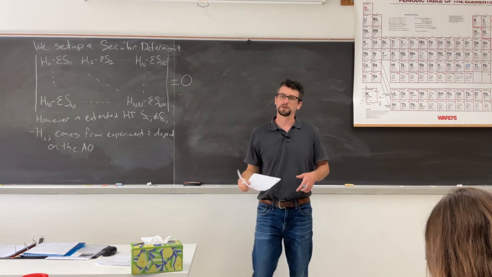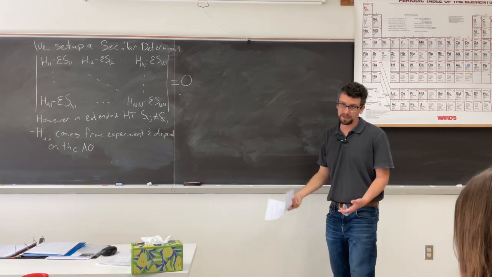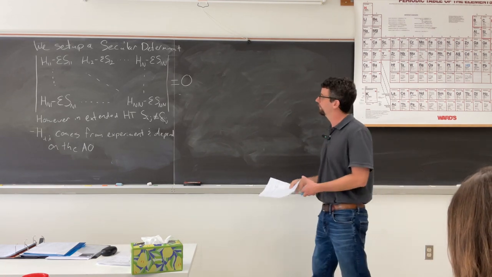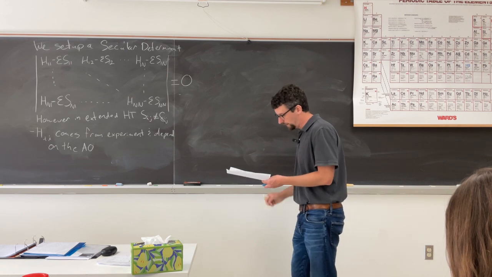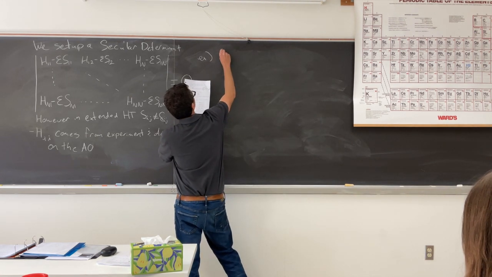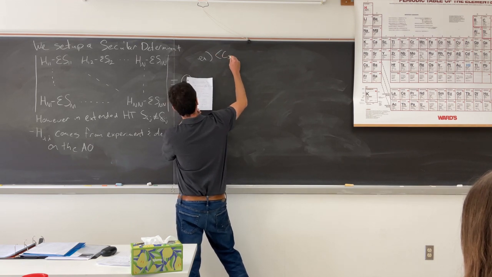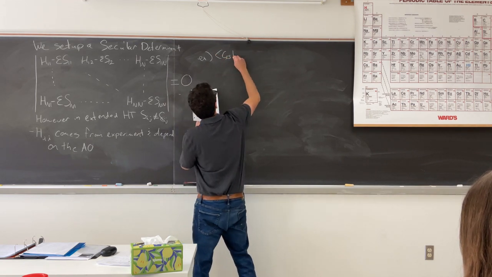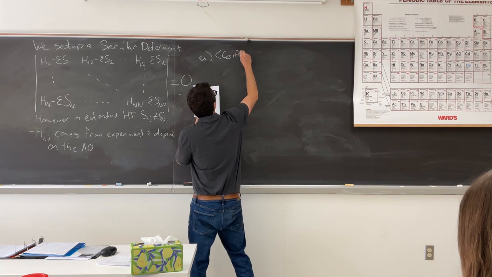So that's sometimes where you hear semi-empirical Hückel theory or extended Hückel theory or just E-Hückel theory. There's some parts that come from experiment. So for example, if you were to look at this